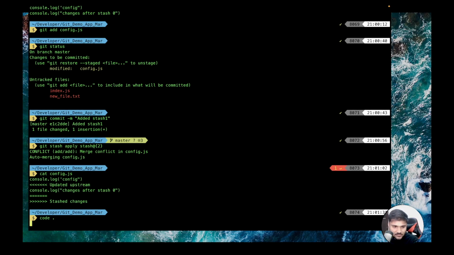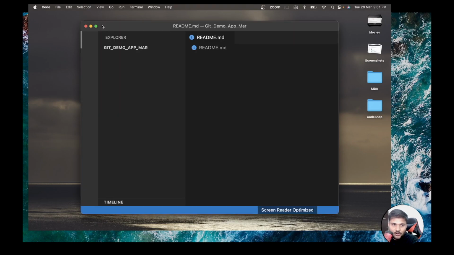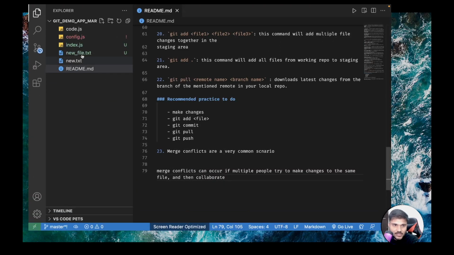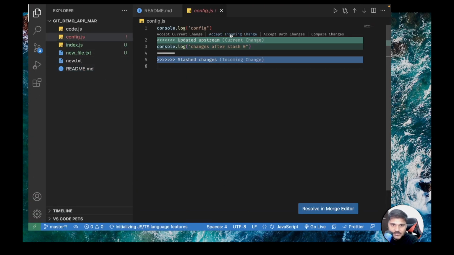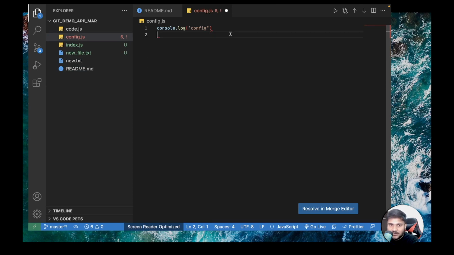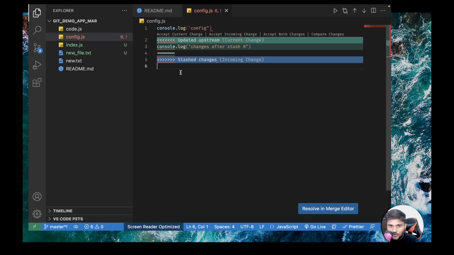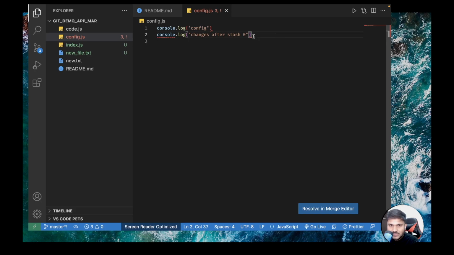If you want to resolve it, either you can use the terminal, or I really like to resolve it inside VS Code. Okay, so what I can do is I will accept, let's say, incoming changes. So incoming changes, you can see they are going to remove everything. If you do accept both changes, this is what we are going to apply, right?